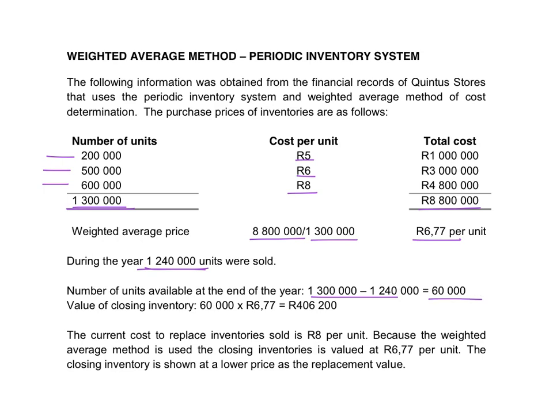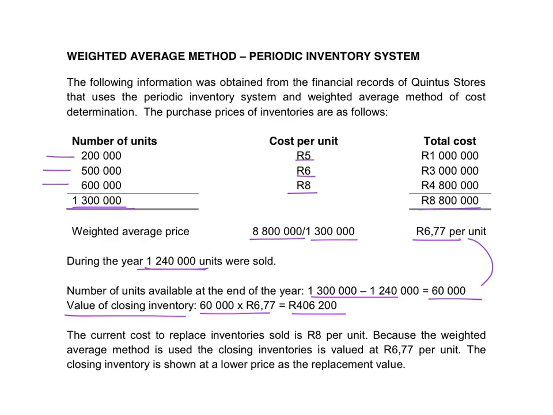If we want to determine what is the value of this closing inventory, we use the 60,000 units in closing inventory, multiply it with the cost per unit, and that will tell us that the closing inventory is worth 406,200. Now, this average price is lower than the price that it would cost at the moment to go and